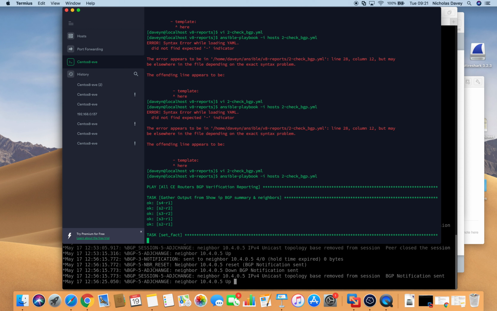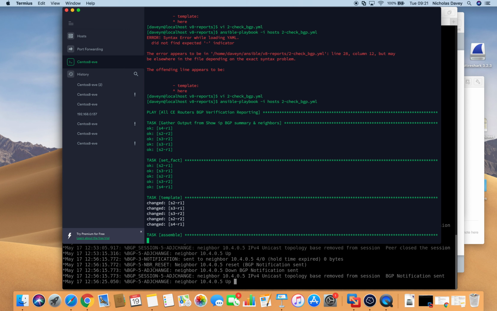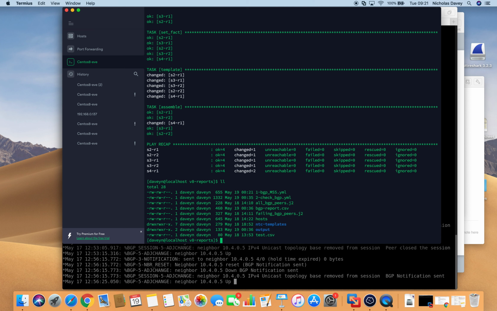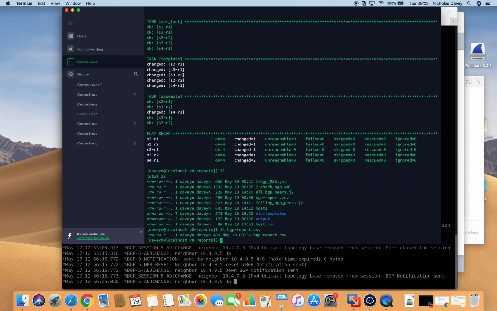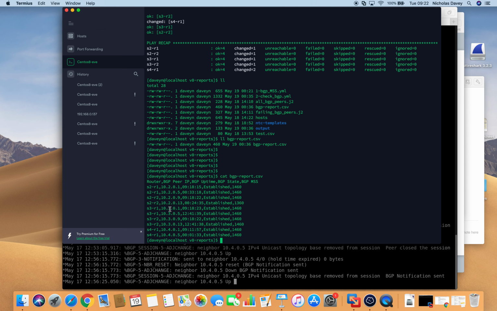So we gather our three commands, we set our facts, and then we generate our output. So the template runs, and then we assemble. So now we should have a report.csv file. So it's bgp report.csv, and that looks like this. So for each router, we have all the information we want, all the timers we want, and the